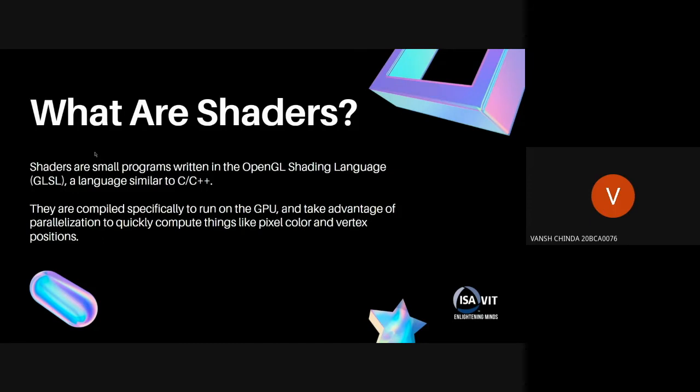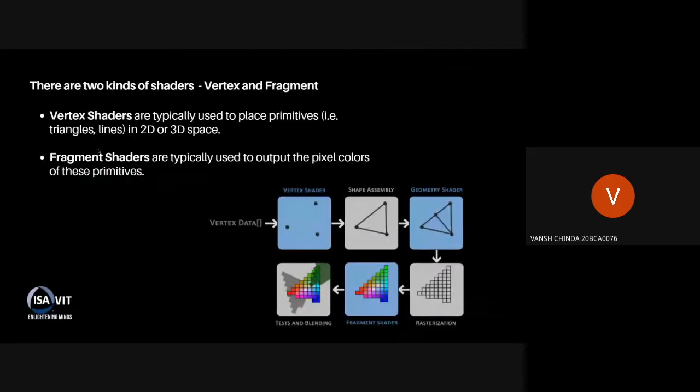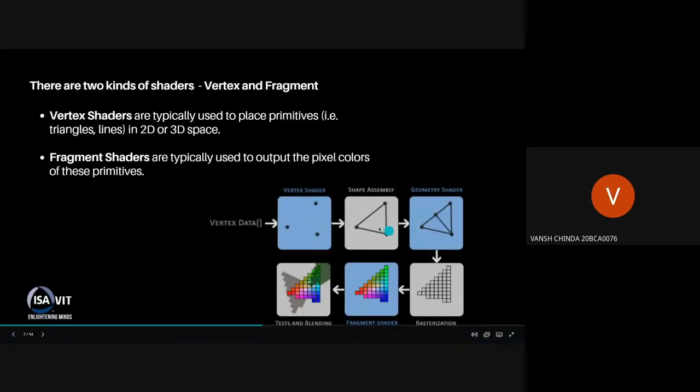So the two functions that I was talking about are the main functions. They do most of the work. They are called vertex shader and fragment shader, and they are each written in a C++-like language, GLSL, which is very similar, like I said. So let's understand these two. We'll look at this example.